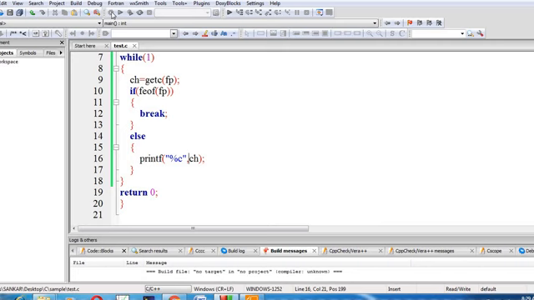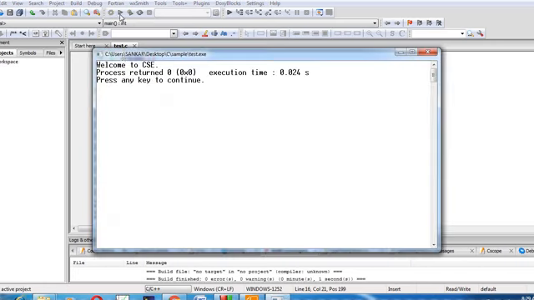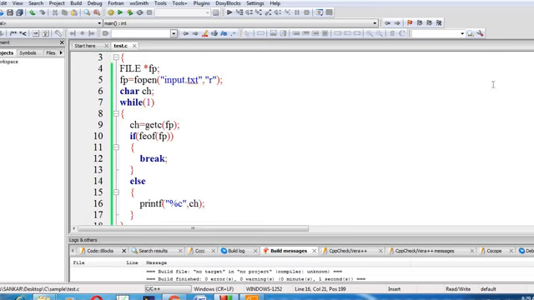Now I will compile and execute the program. Welcome to CSC. Just all of you look at the program, I will explain one more time. If you understand this concept, you can do any kind of program in file concepts. So now I created one file pointer with the data type FILE, equal to fopen. The fopen function is used to open the input file; if it is already created, it will simply open it. If the file does not exist, it will create a new file.